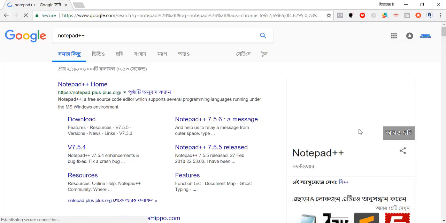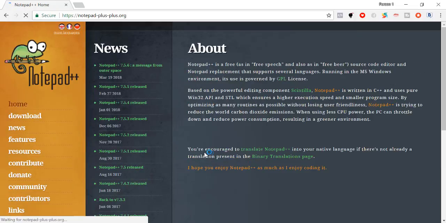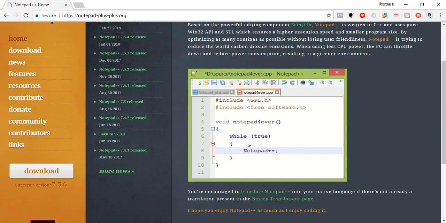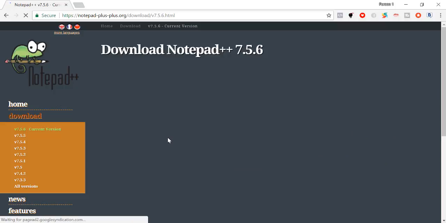Here we found the Notepad++ homepage. Click on the home, or you can also click on download. Go there and see various versions of Notepad++. We will just download